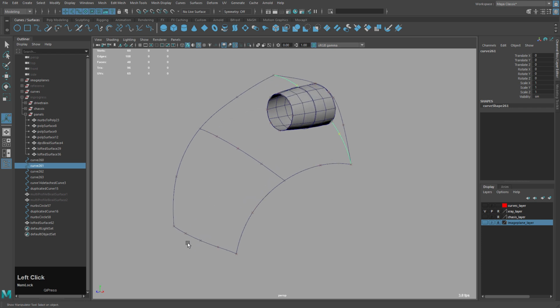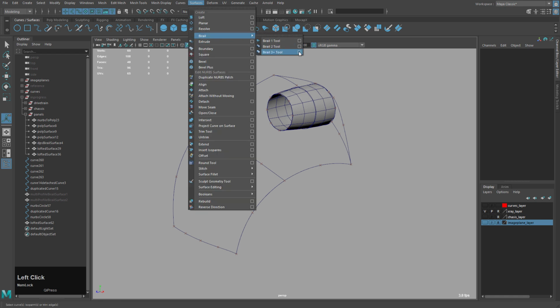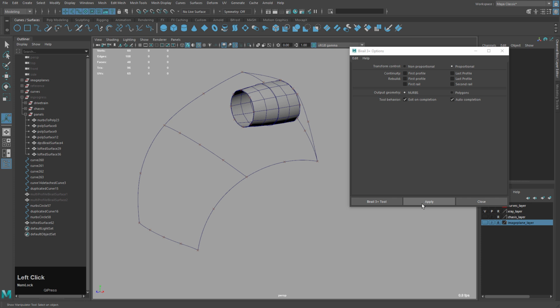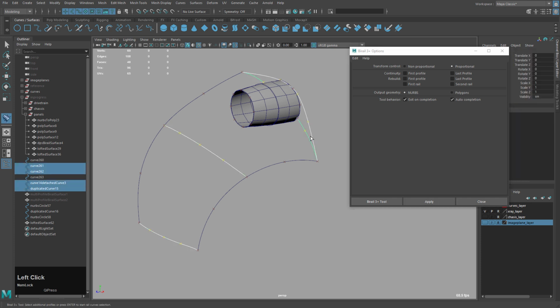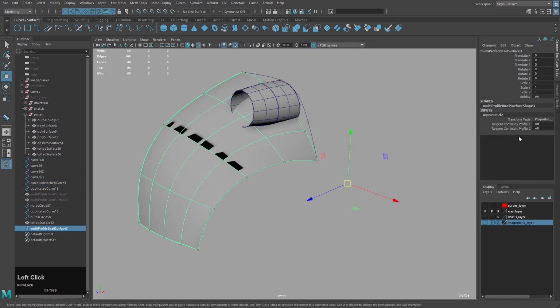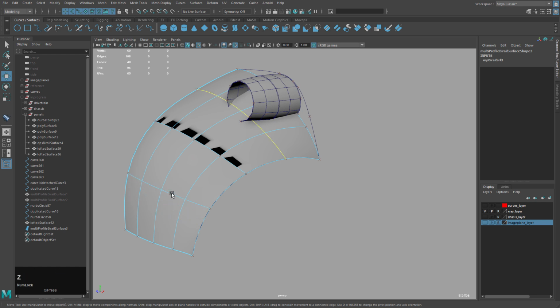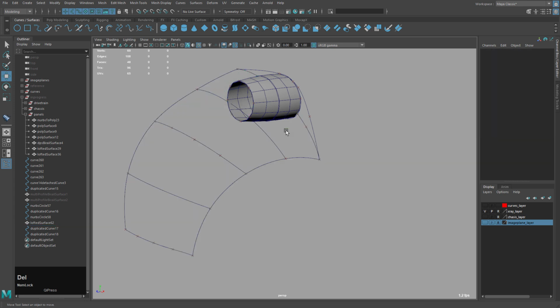So I'm going to do another loft. And sometimes you have to do it and undo it a couple times until you get it right. I'm going to set this one actually to NURBS again. And hit apply. 1, 2, 3. Enter. 1, 2. There. And I need to duplicate this and this curve. So you want to make sure you're not clicking and dragging. Instead, on the curve itself, you want to click on the outside and drag a selection over it. Curves, duplicate surface curves, delete this.